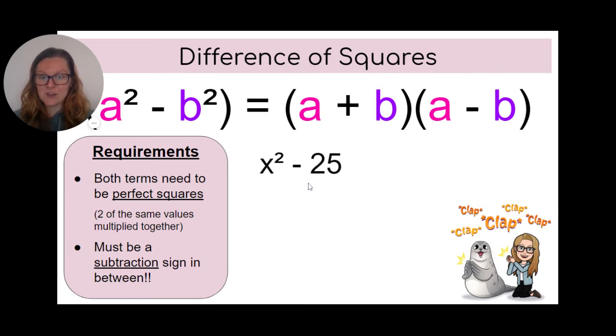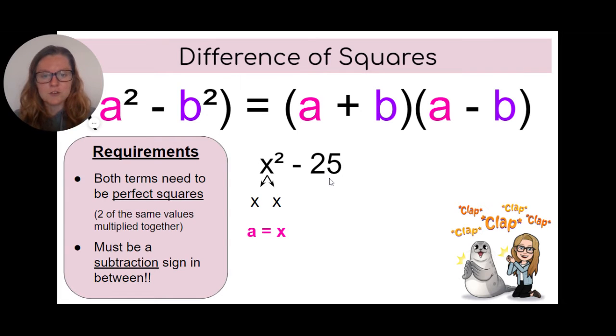Okay, let's go ahead and look at an example. So we have x squared minus 25. First things first, I noticed that there are two terms, so I'm going to see if I can factor out a greatest common factor. Nothing, I can factor out nothing, so I'm going to go on to use this formula. I want to find my a and b values so I can plug them into the formula. So I'm going to look at x squared. What times what would give me x squared? Well, x times x would give me x squared. Since they are the same, it is a perfect square. So my a value is x.